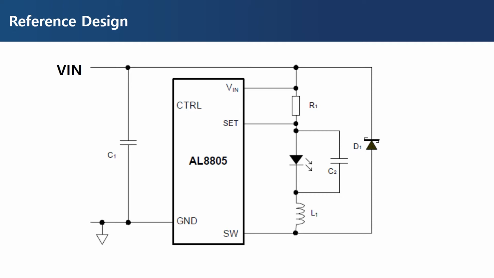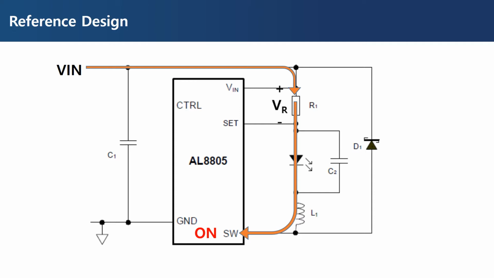When the power is applied, the switch inside the SW is turned on, and the current flows through the SW pin to the ground through R1, LED, and L1. When the switch is kept on, the current flowing through the L1 inductor rises, resulting in increase of the voltage drop in R1. When the voltage drop of R1 increases, it is detected through the set pin and the internal